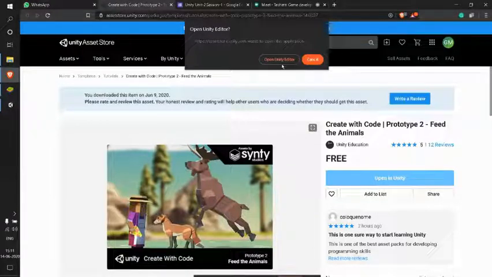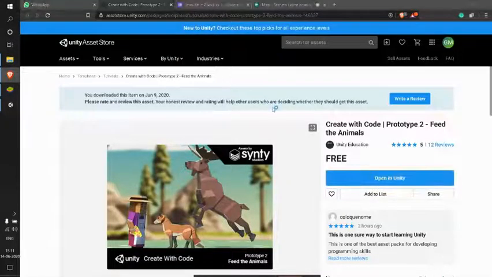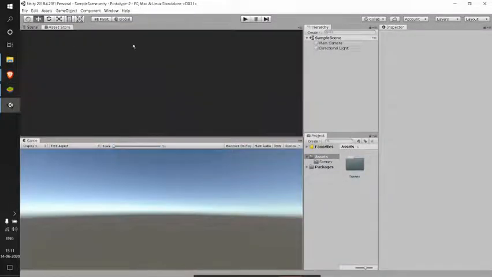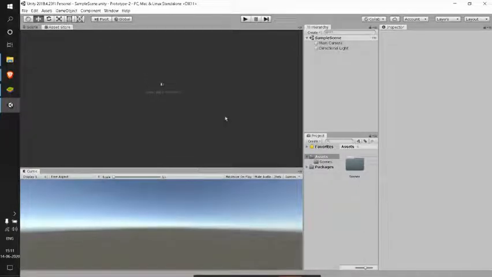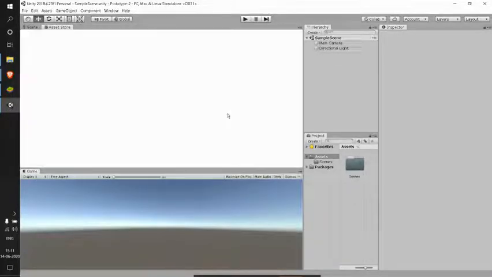Then you will get this option of open in Unity, and when this pop-up comes, select open Unity editor again. Now this opens in our asset store. Let it load. The same browser page which we have seen earlier in our browser will be displayed here.